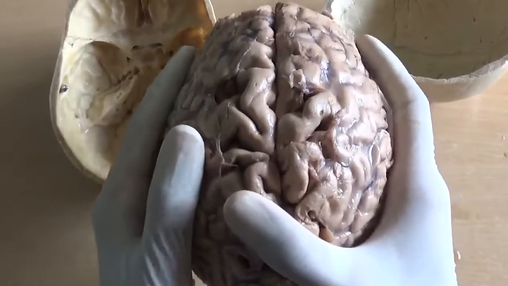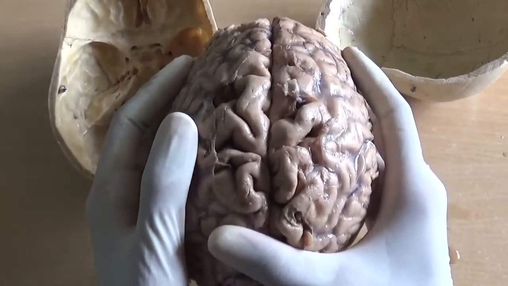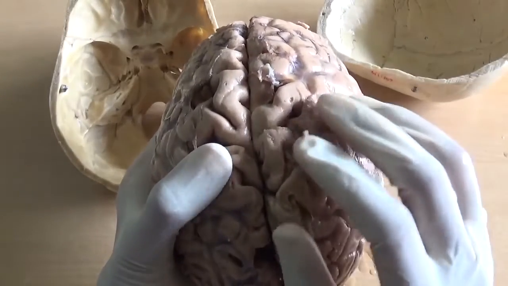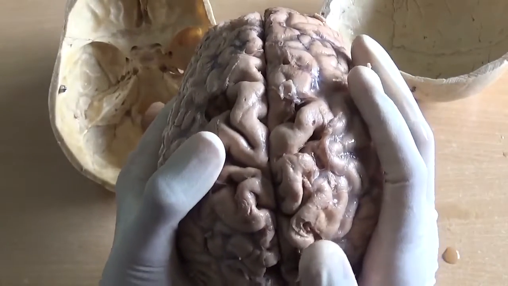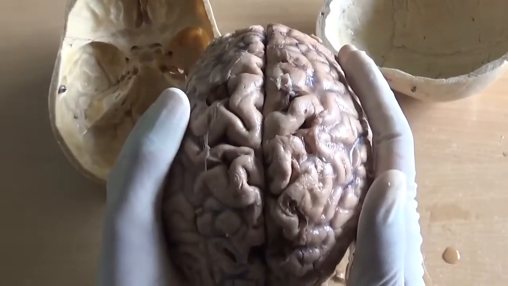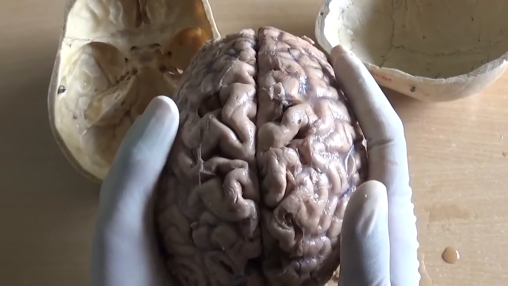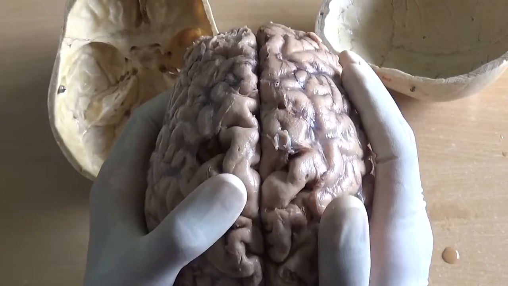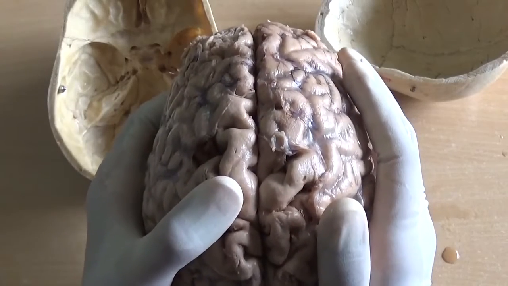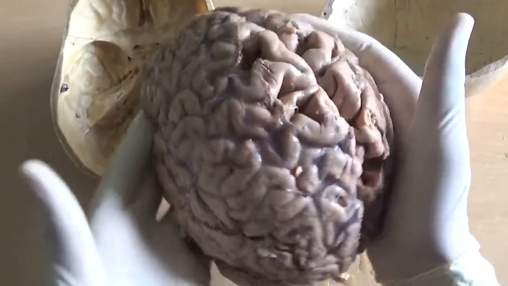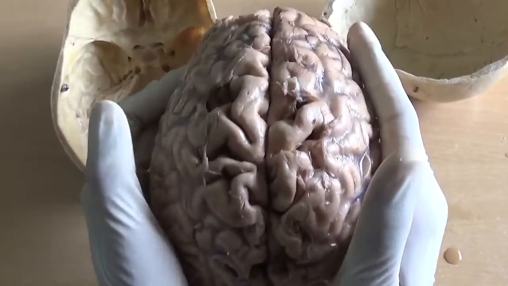We need to literally float this brain in the CSF. So all around the brain and spinal cord, and within the brain and spinal cord, within the cavities, there lies CSF. That is a watery fluid, and literally this brain and spinal cord are floating in the CSF. So what happens with the CSF? The effective weight over the spine reduces to just 50 grams. I'm repeating, just 50 grams. Just imagine, from 1.5 kilograms to just 50 grams. So that is the importance of having CSF, and that is the importance of floating of the brain within the CSF.